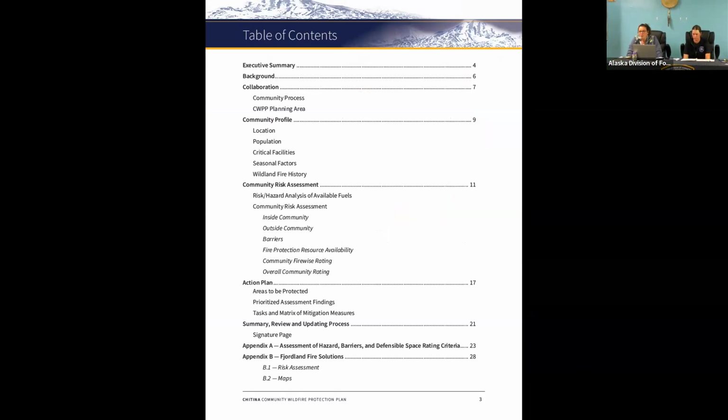In order to do that, we read, I think, all of the plans for the state of Alaska that we have so far that are put out. So we took information that we thought was pertinent and also what needed to go into the plans for the national standards for a CWPP to be created. So these, the whole document overview. So we're going to quickly go through it, keeping in mind that this meeting is to look at this document, but then we're going to dive deep into the community risk assessment and the action plan itself.